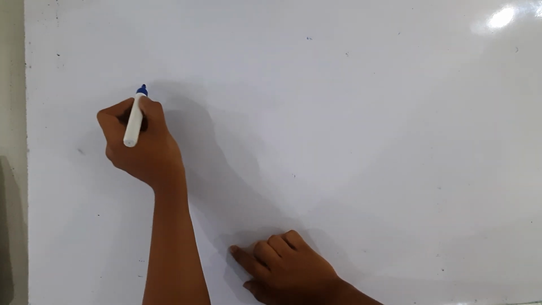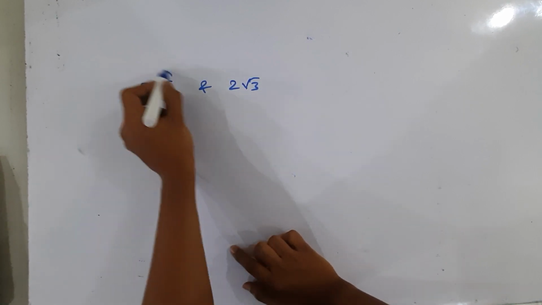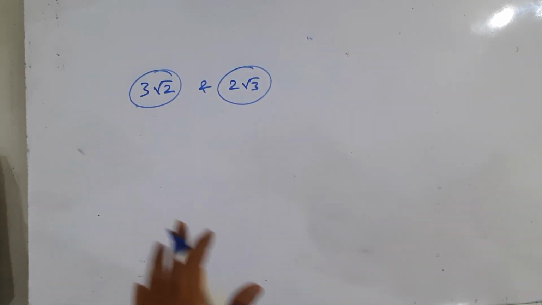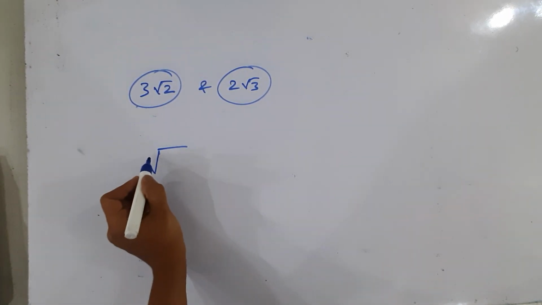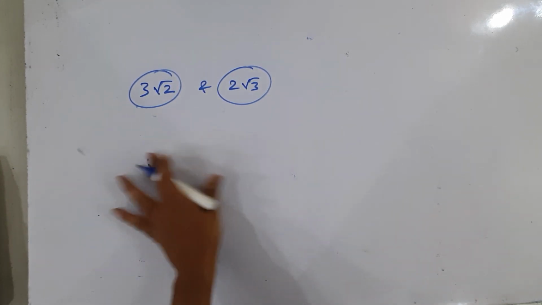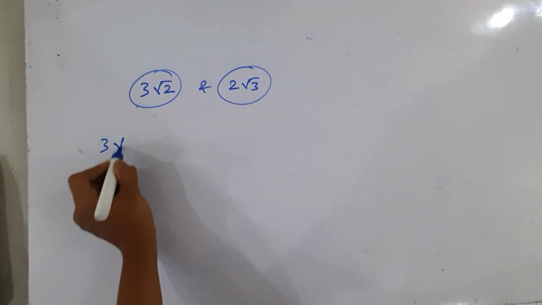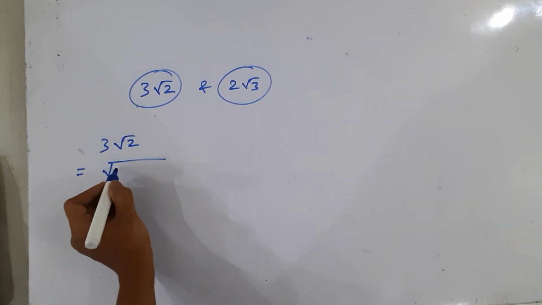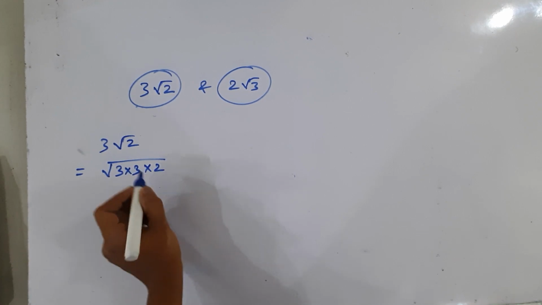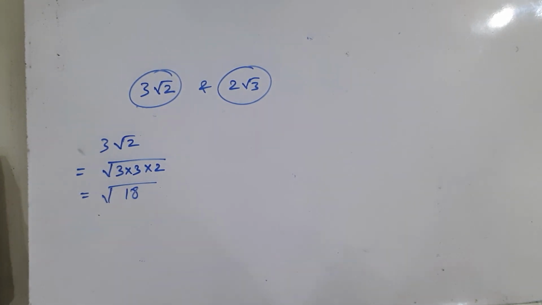Now there are certain questions for comparison or to find the greater. Like if you are asked 3 root 2 and 2 root 3, which of the two values is greater? So here if the root symbol is there and no value is given, it means 2, that is square root. So this 3 root 2 can be written under root. Since it is a square root, we have to take 3 two times inside, and 1 times 2 is already present. So it can be written as 3 3 is 9, 9 2 is 18, under root 18.